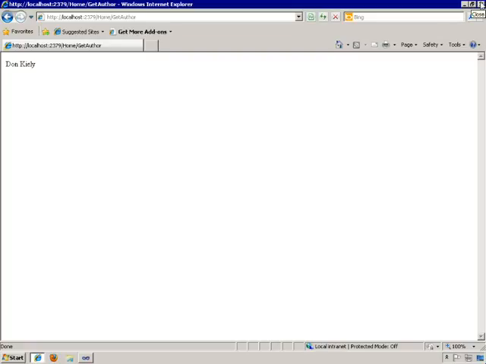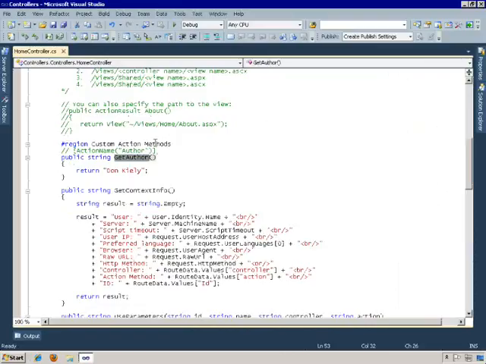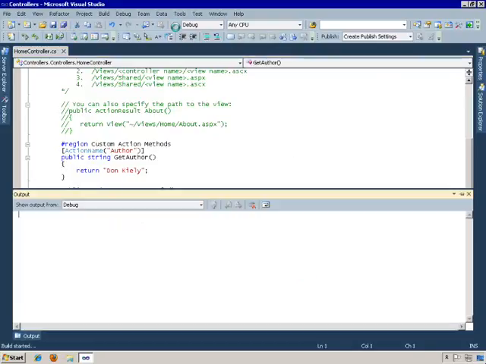But this looks a little bit funky. Let's say that we want the URL to be not home/getAuthor, but we want it to be home/author. But we want to leave the method name the same within the controller, for whatever reason. All you need to do is apply this action name attribute. I have it commented out there. What that's doing is it's telling the MVC application to look at that getAuthor method as having an action name of author. So I'll save that change, run the application again,